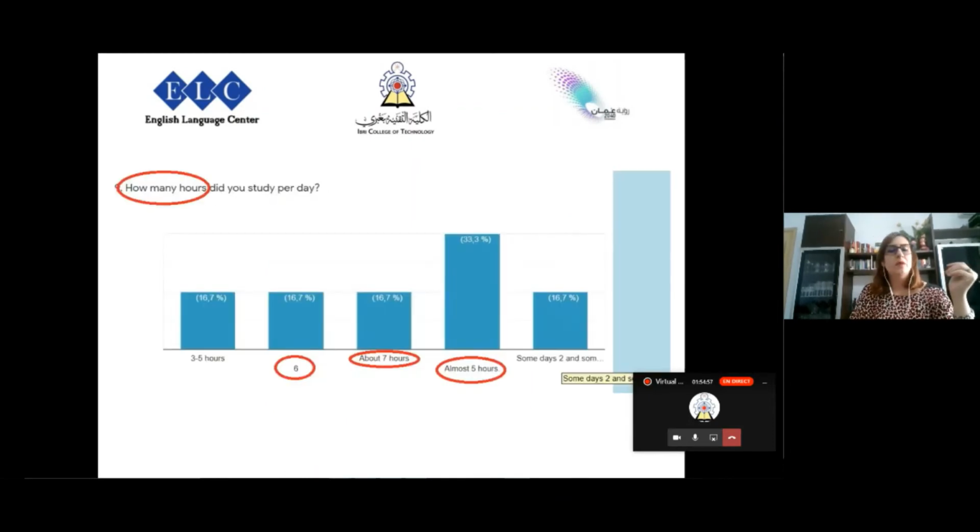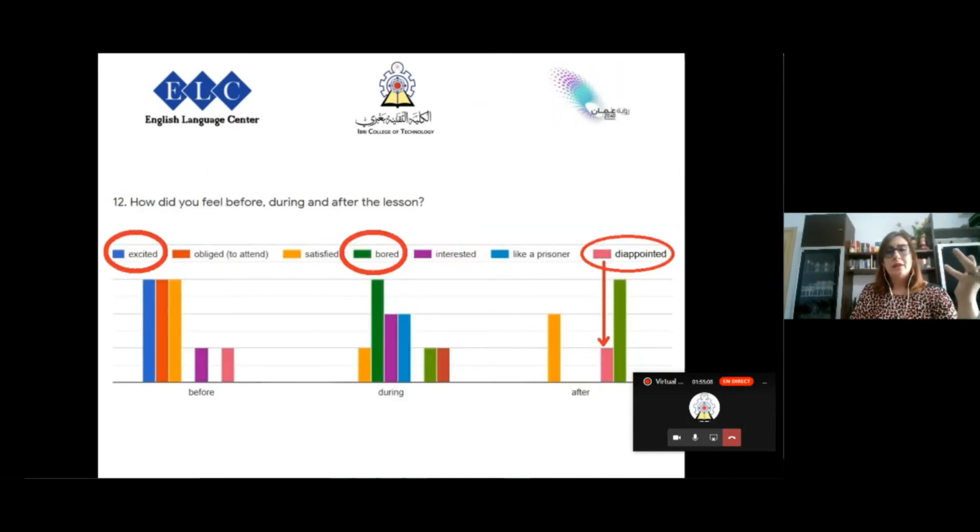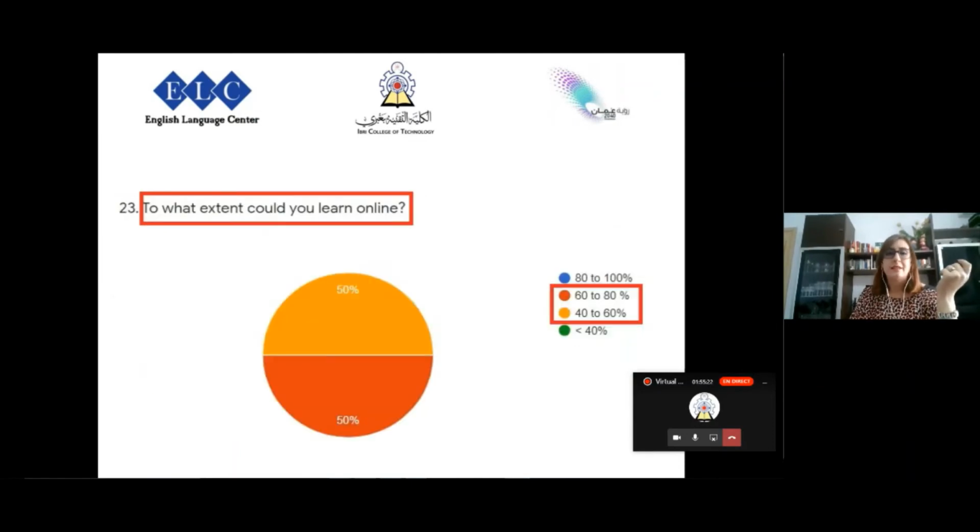As for the pupils, I was interested in knowing the amount of hours they are supposed to learn online. Most of them study at least 5 hours. I also asked them about their feelings. Many of them are excited before the lesson. However, unfortunately, during and after the lesson, they are more or less bored, if not disappointed, by the end of the lesson. And in the best circumstances, the acquired knowledge online cannot exceed 80%, as you can see through this